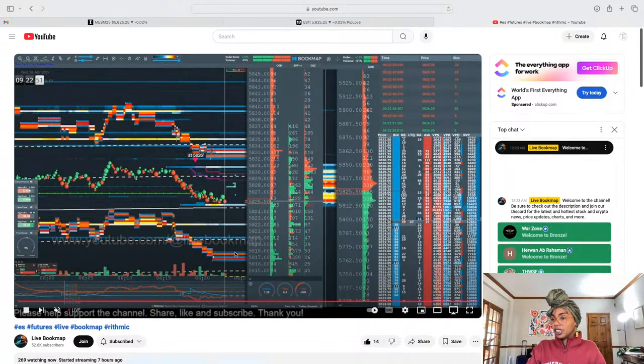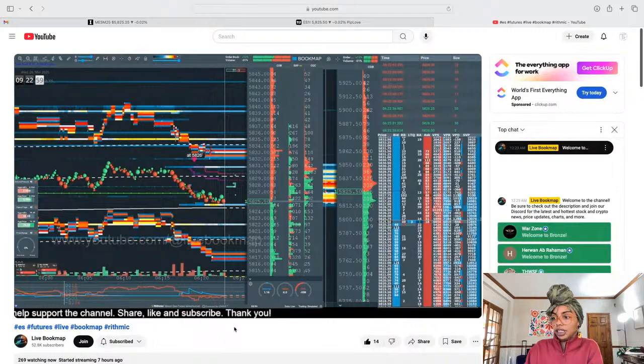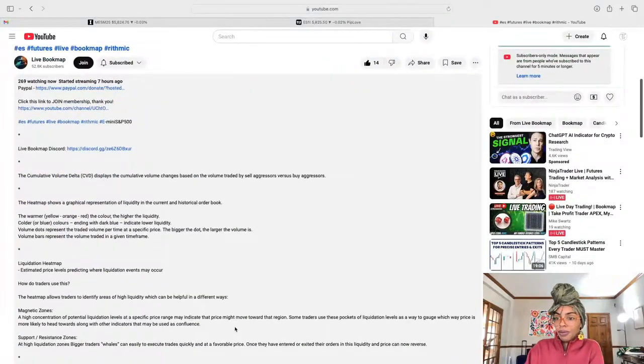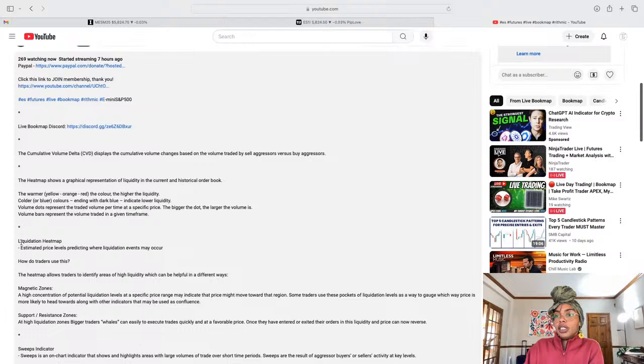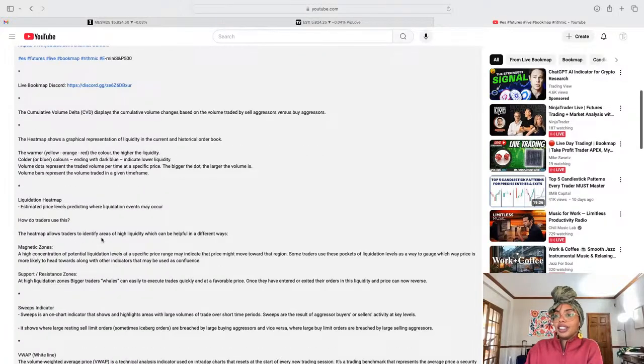Bookmap is showing us, look, okay, well, look at these little lines here. This is kind of our heat map. Let me explain it to you, how they explained it. So the liquidation heat map is the estimated price levels predicting where liquidation events may occur. So the heat map allows traders to identify areas of high liquidity, which may be useful in several different ways. Magnetic zones. So the same way our pivotal zones are. We think that the market's going to come down here. It's high probability to this 50, to this, or this P0,